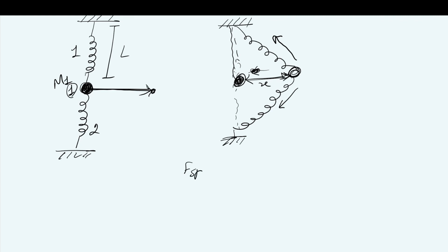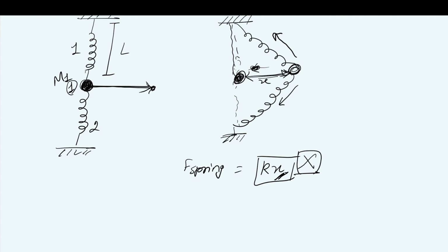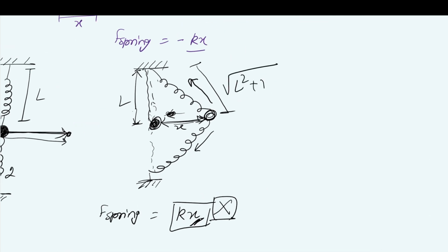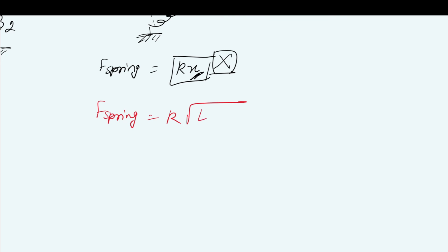So what will be the magnitude of that spring force? Will you say that F spring is equal to k into x here, where x is the displacement? No, that will not be kx. Here we have to use the elongation. What will be the elongation in the spring? Here the spring is elongated because this ball is displaced to this point. As this length is L and this is x, using the Pythagoras theorem, this length becomes under root L square plus x square. So F spring becomes k into under root L square plus x square.